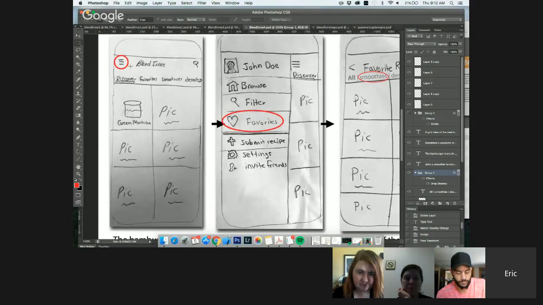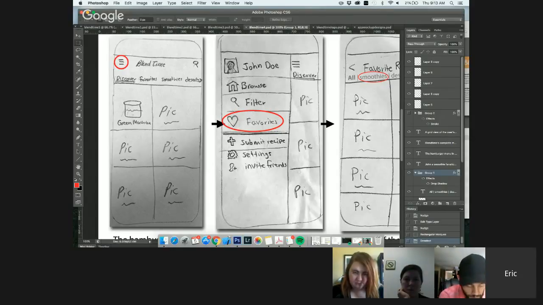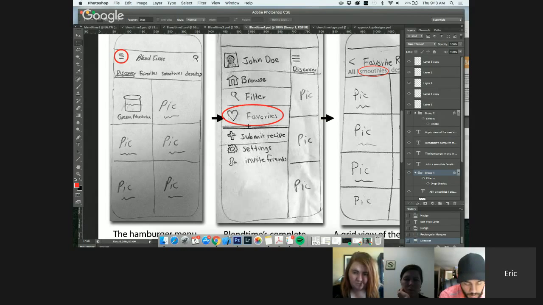So on the home page, there's a hamburger menu on the upper left corner. And then when you click it, it slides over. I don't know if you guys have seen this in other apps, but you can basically view the menu and also stay on the current page of the app too. So if you ever want to go back to the current page, you can just tap on this right side right here. Okay, but the menu features a bunch of different options. In this case, the user will click favorites and then